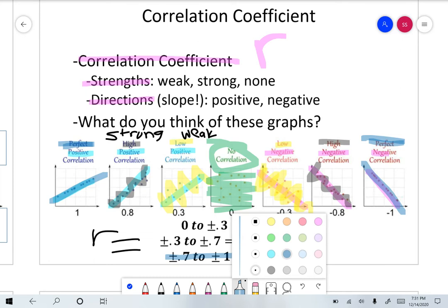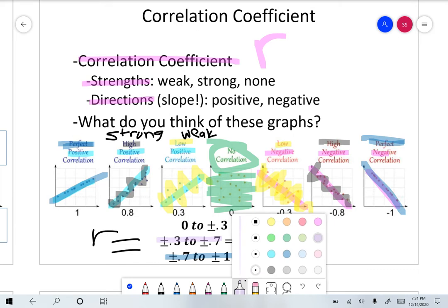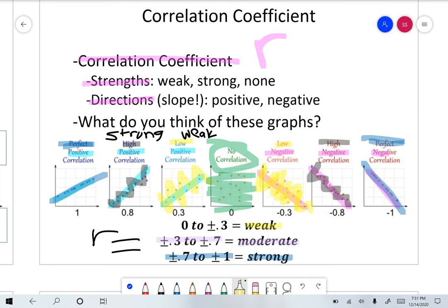Another rule of thumb for moderate, well, let's use maybe purple. A moderate relationship, meaning it's not weak, but it's not a strong relationship. So we could use it to predict stuff, but don't expect it to be very super accurate. So a moderate relationship would be a correlation coefficient of 0.3 to 0.7, and this could be positive or negative. I'm going to get into how to calculate R in just a minute, so don't stress about that yet. And then a low or weak relationship would be a correlation coefficient from 0 to 0.3,